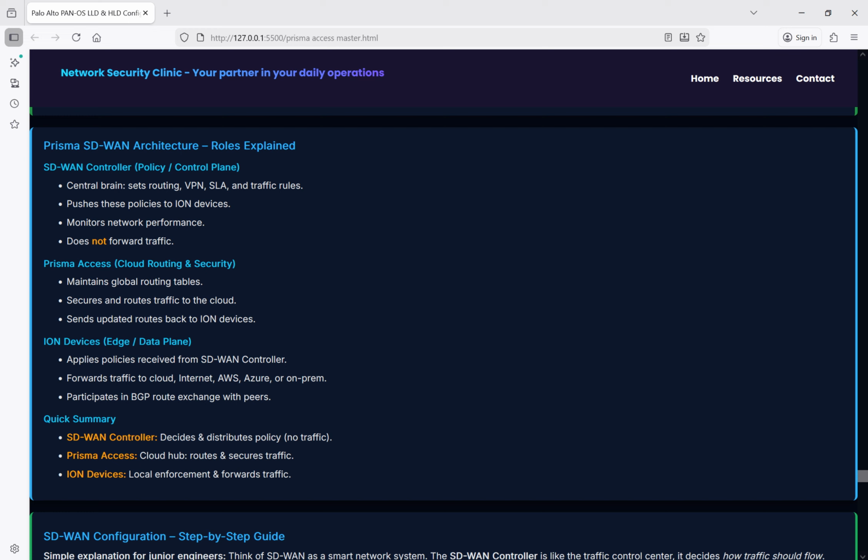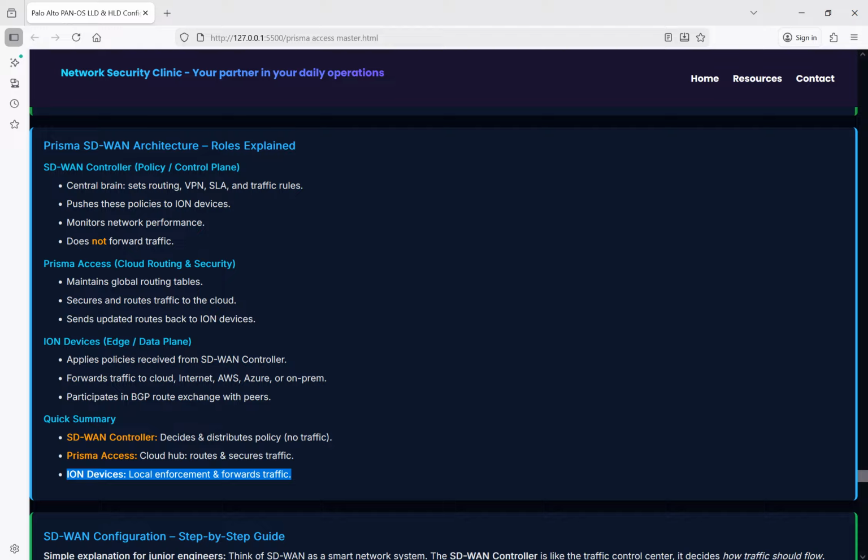The SD-WAN controller decides and distributes policy, no traffic. Prisma Access is a cloud hub, routes, and secures traffic here. And then your ION devices literally enforce local traffic and policy, because this is where your users